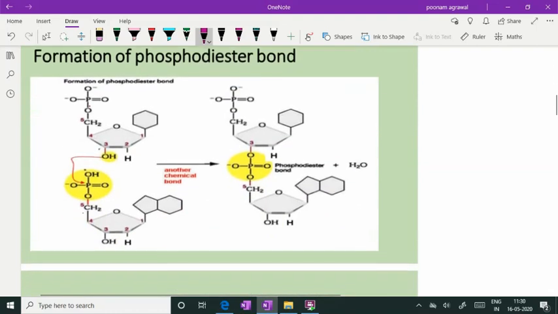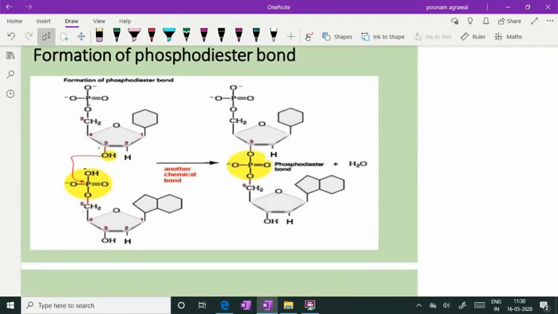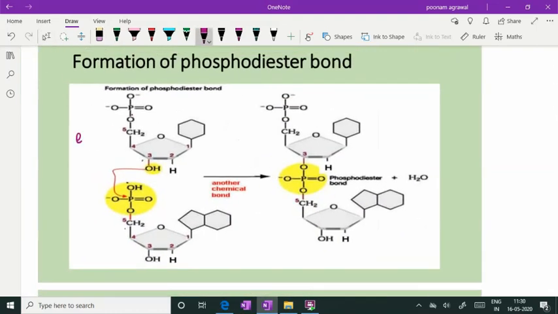First of all, before going to the actual steps of Sanger's method, let me tell you the rule of DNA synthesis, the rule of chain elongation. In this picture, this is the existing nucleotide where the incoming nucleotide is coming and getting added. Where is the interaction? Interaction is between the third hydroxyl of the existing nucleotide and the fifth phosphate of the incoming nucleotide. There is a nucleophilic attack of the third hydroxyl on the incoming fifth phosphate, and a phosphodiester bond forms, which adds the deoxynucleotides together with the help of DNA polymerase enzyme.